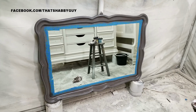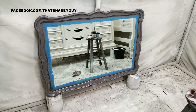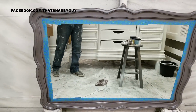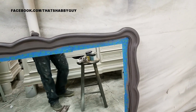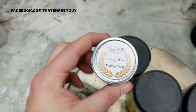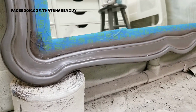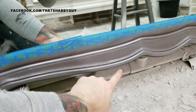Well, this thing is finished. Unfortunately, I didn't catch the video of me adding the third layer, which was, if you can see, it looks metallic. Now it has the glazing and everything, but has a pretty cool little metallic sheen to it. And what I did is I used this silver gilding wax. I went to town on it, and what I did was I went around the edges, and I started around here,